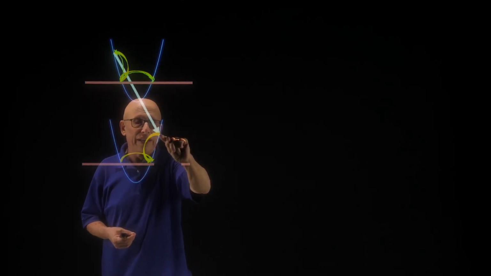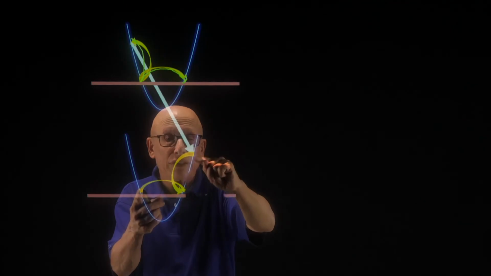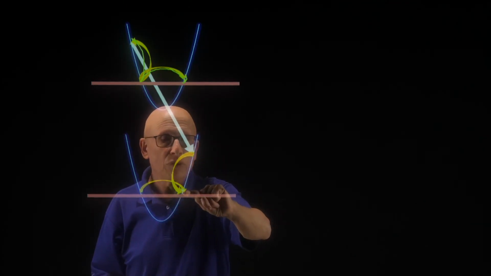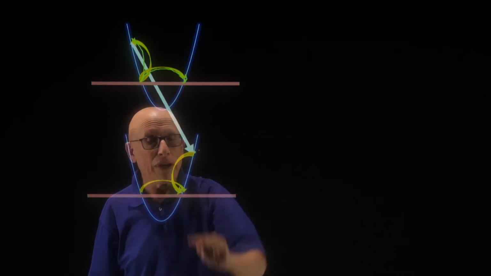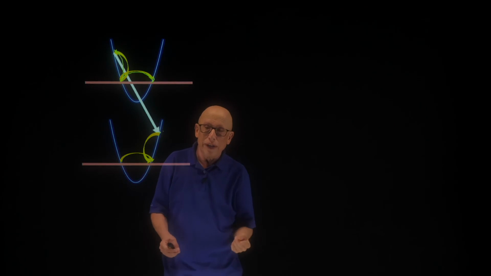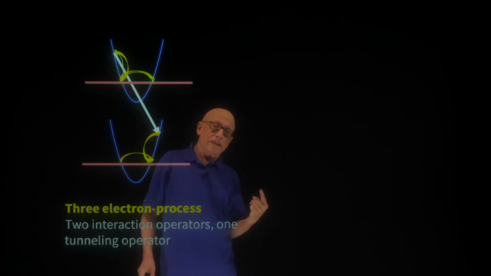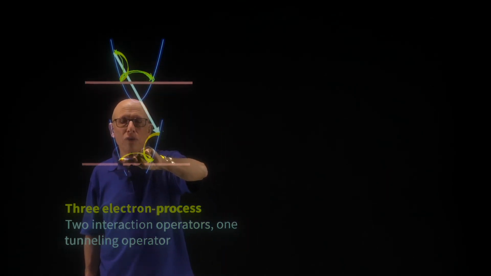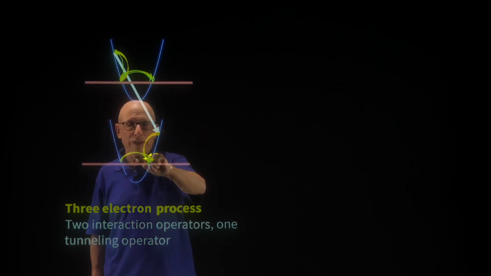So here is the tunneling here, and then from here now we can do the same thing and have 2 electrons, one being transferred from the left Fermi point to the right Fermi point, and one being transferred from 3 K Fermi to 1 K Fermi. So altogether, we have 3 electrons participating in this story. One went this way, one went this way, so this electron in wire 1, this electron in wire 2,